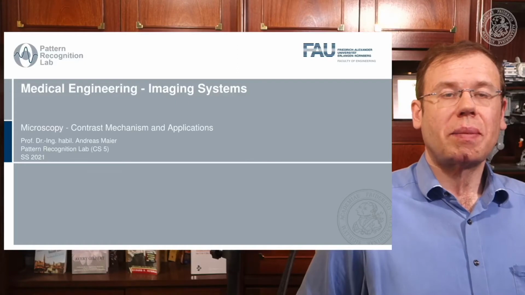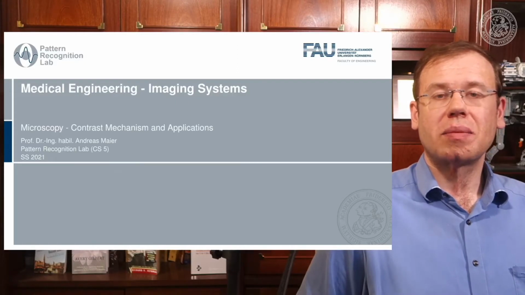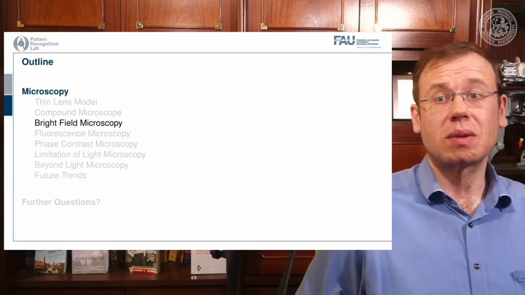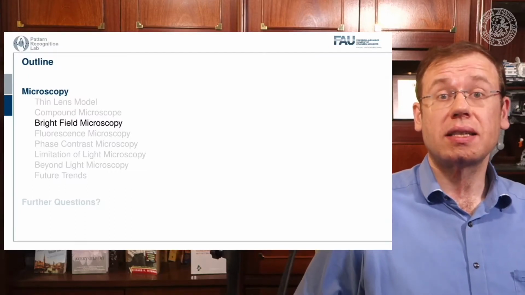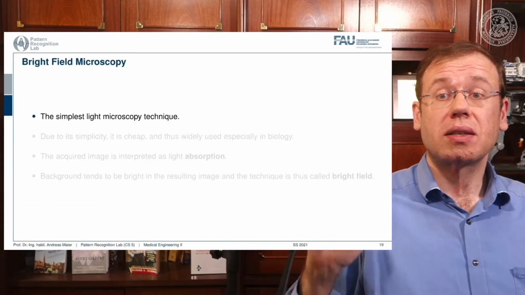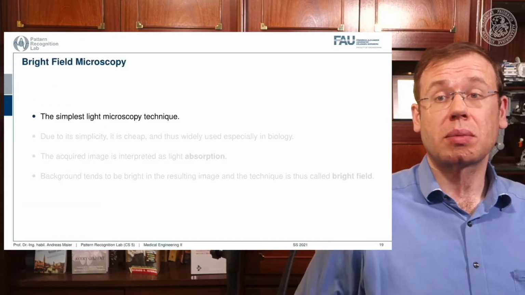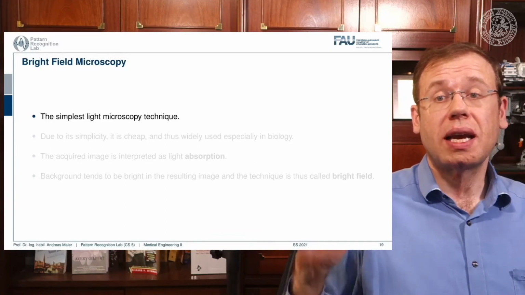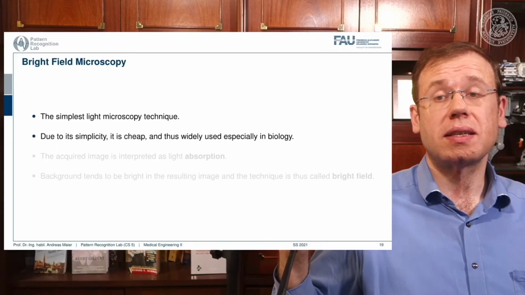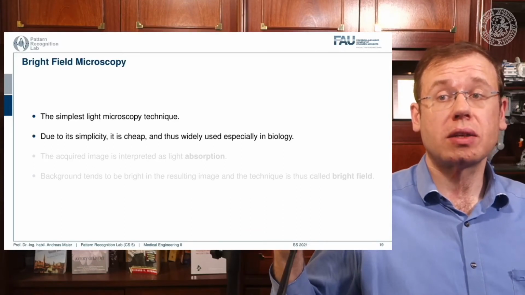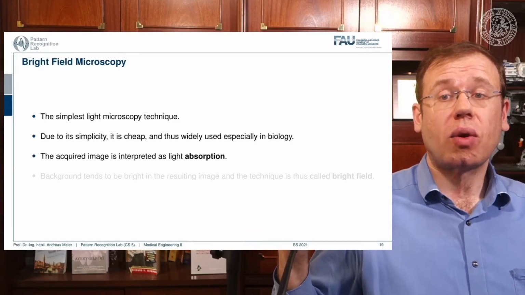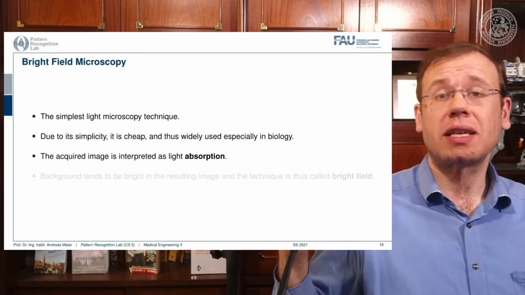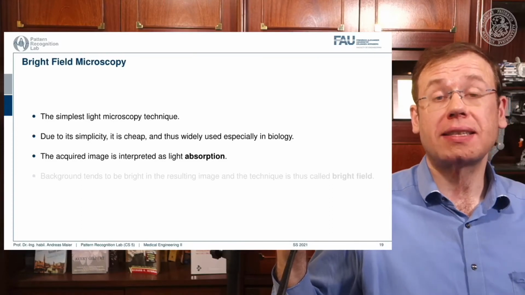So here we are back in our lecture Medical Engineering, and today we talk about the contrast mechanisms, and the first one we want to look at is Brightfield microscopy. So what does Brightfield microscopy mean? Well, that's actually the simplest light microscopy technique, and due to its simplicity, it's cheap and thus widely used in biology. The acquired image is interpreted as light absorption, so essentially the energy that is lost when passing through the